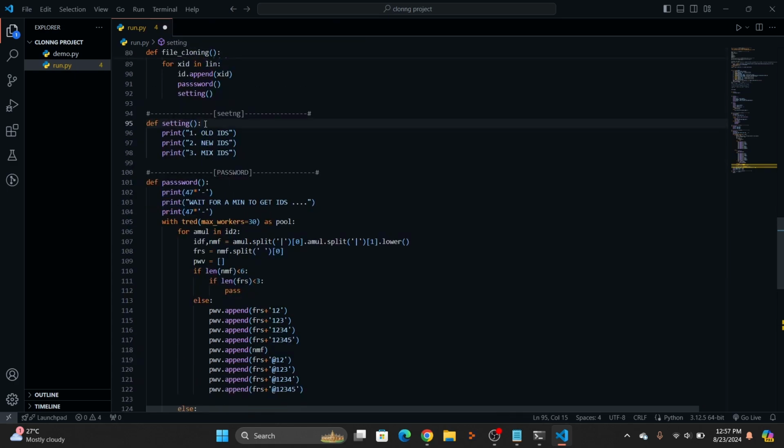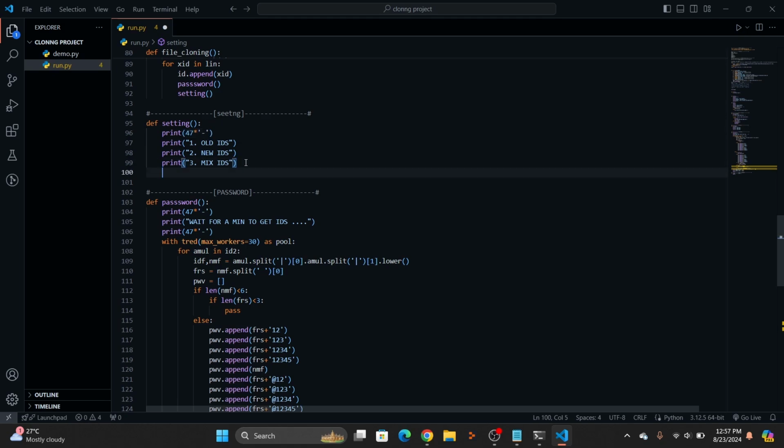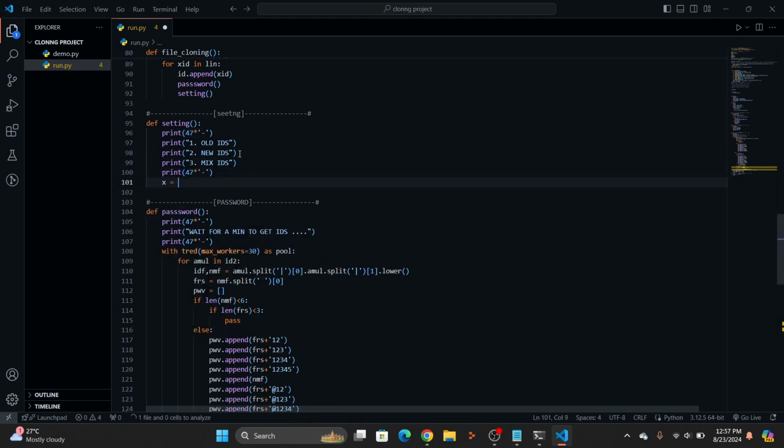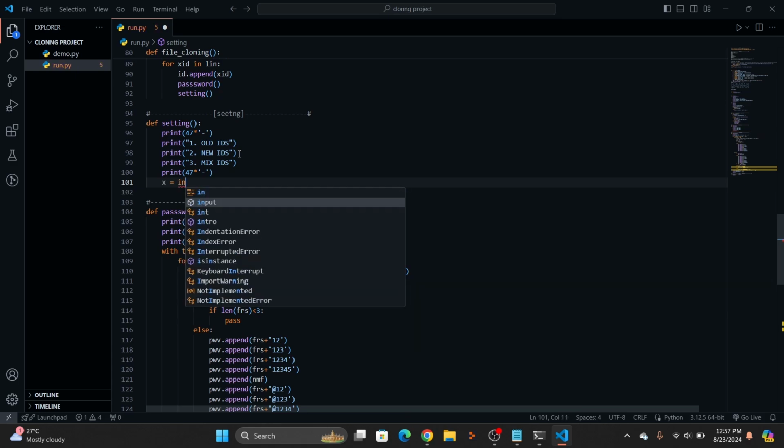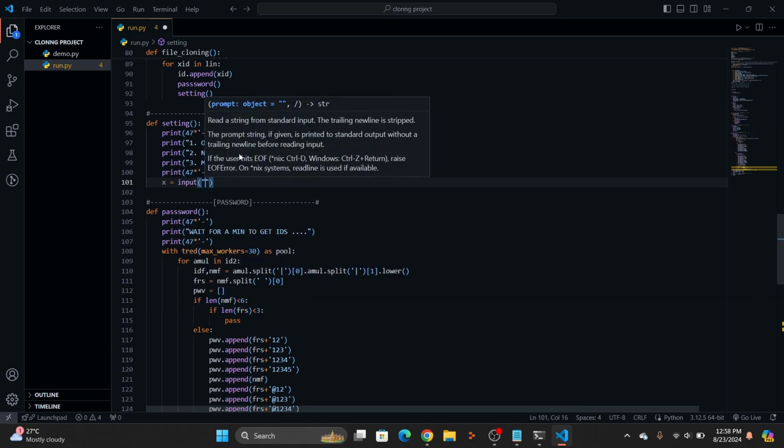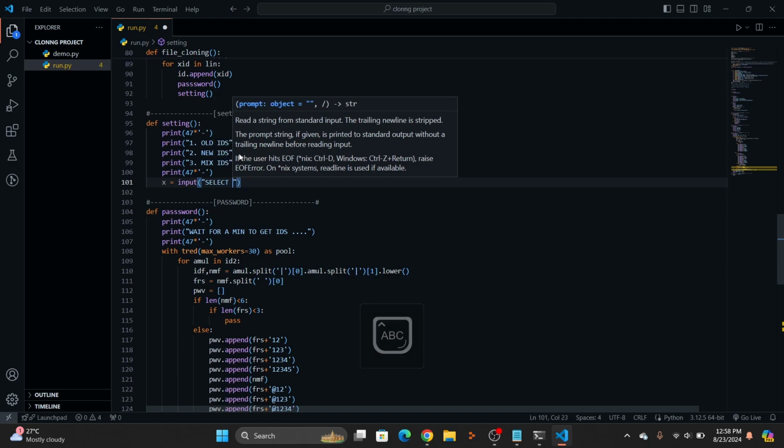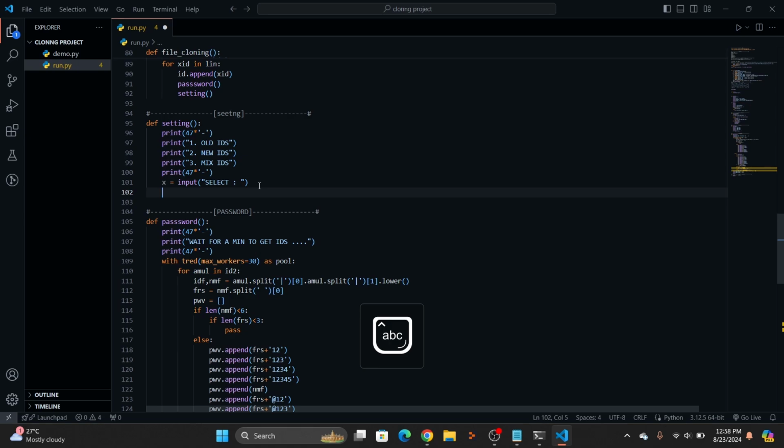Okay, here let's make a line, and then after we need to make an input function. Okay, x is equal to input, then after I'll just write select. It will just select whatever IDs you want to get. Okay, if x in 1, if x selected 1,